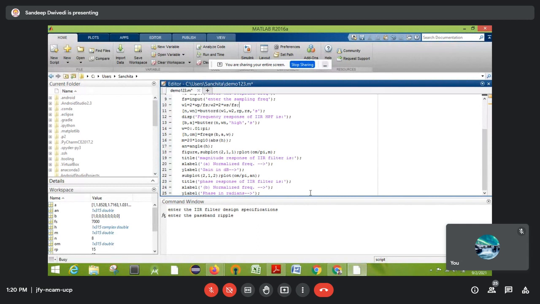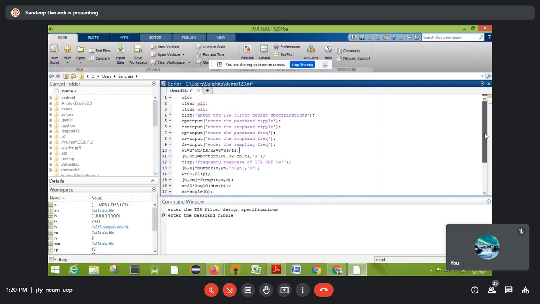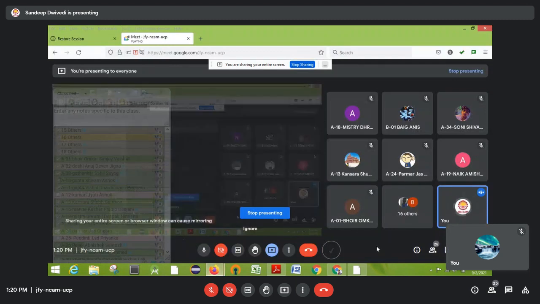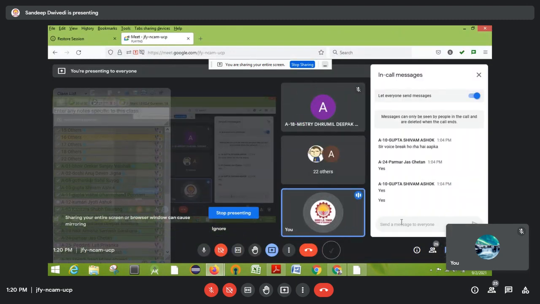Let me share the code with you and then we will end this session. I'm having another meeting also, so this is up to here. I will share this code in the chat box. You can copy it and try to run it at your end.